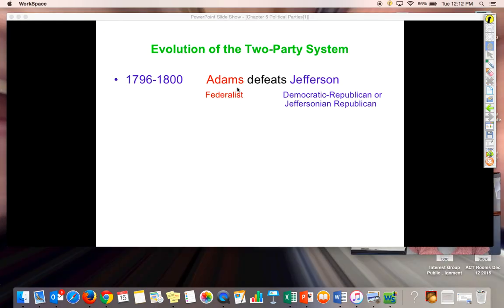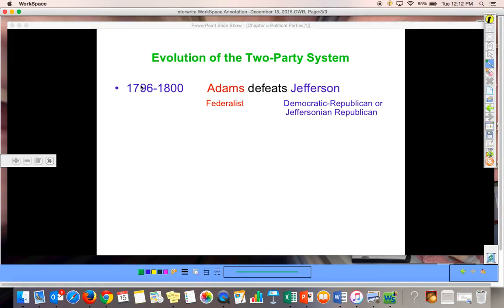It's really the purpose of seeing how the United States started as a two-party system and how it continues to persist. Remember, how we have our electoral system set up is really a large indicator why two parties normally dominate. So in the first elections right here, in the election of 1800, we know that Adams was a Federalist and he defeated Thomas Jefferson. Jefferson is a Democratic Republican.